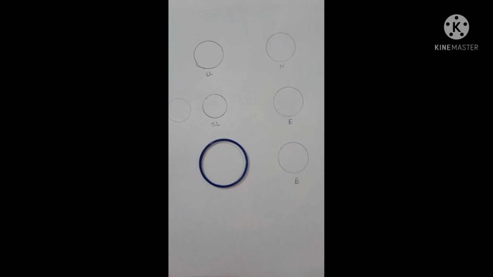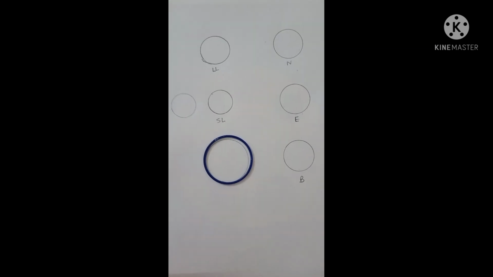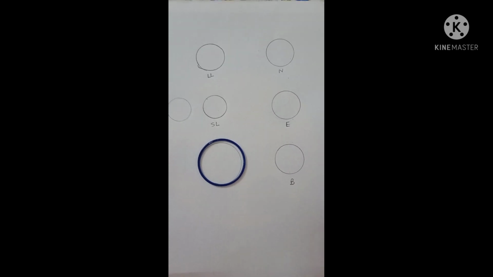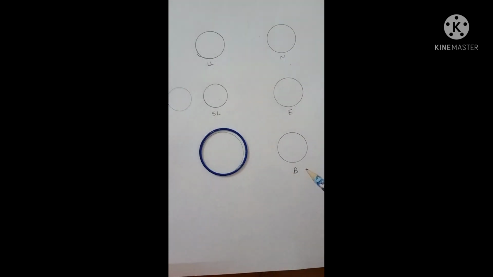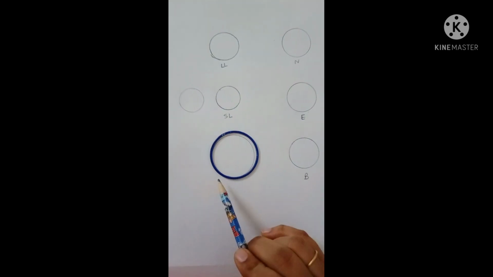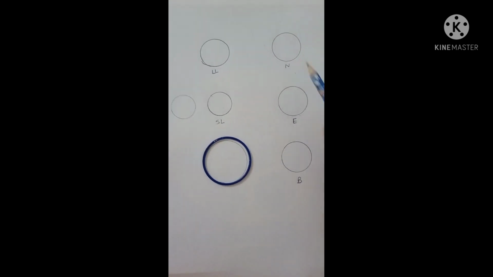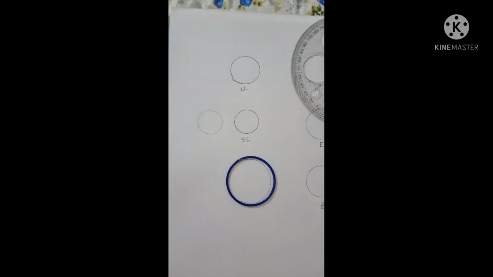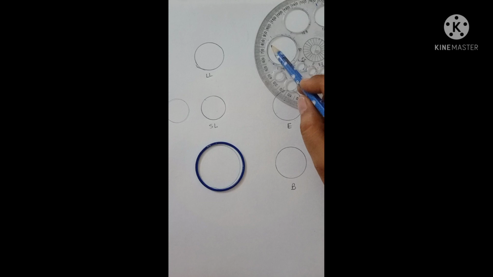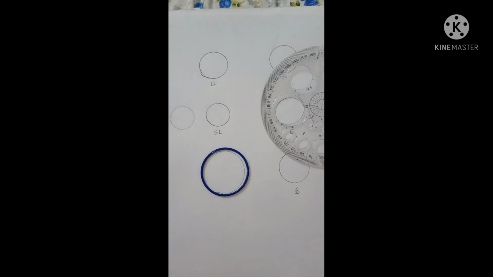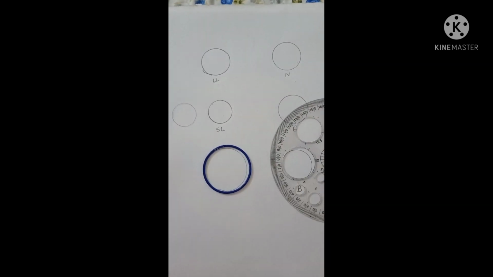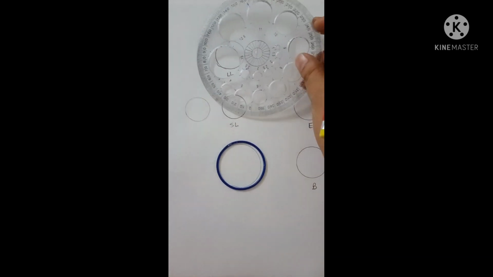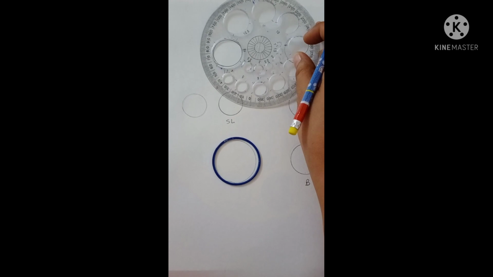For the diagram in the peripheral blood smear, first thing you should keep in mind is to maintain the ratio for a particular size. So these are the granulocytes. The granulocytes are the neutrophil, eosinophil and the basophil. So you have to use the same circle size for the neutrophil, for the eosinophil and for the basophil, as well as for the large lymphocyte, because large lymphocyte size is almost equal to the granulocyte.